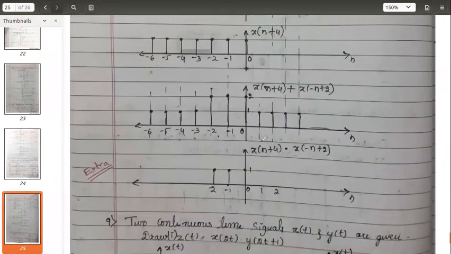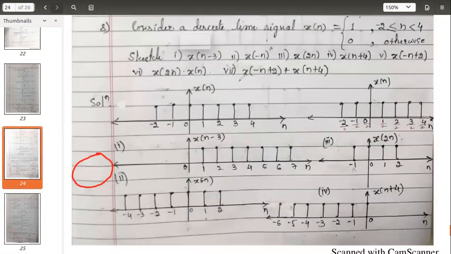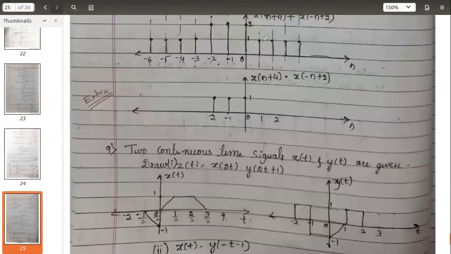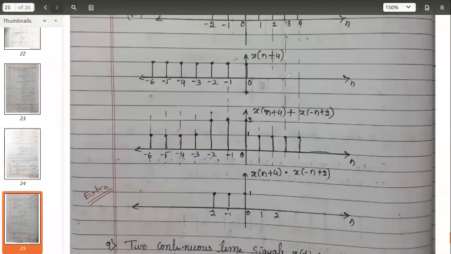Here if you see, as an extra I have done, okay, this is not asked actually. If you see the question, only this is the end. One extra thing I have added here, the same two signals. Just now we have added; if we multiply, what we get, that we should see. Just zoom it.